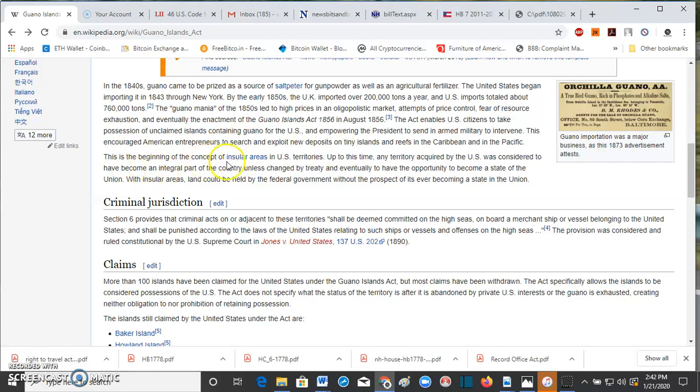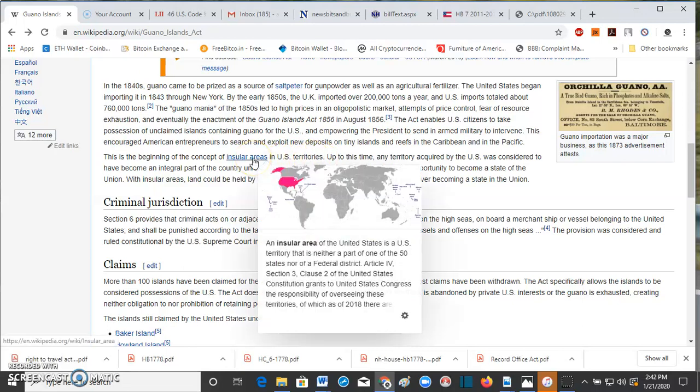This is the beginning of a concept of insular areas in U.S. territories. Pay attention, people. Insular area. An insular area of the United States is a U.S. territory that is neither part of one of the 50 states nor a federal district. Article 4, Section 3, Clause 2 of the United States Constitution grants the United States Congress the responsibility of